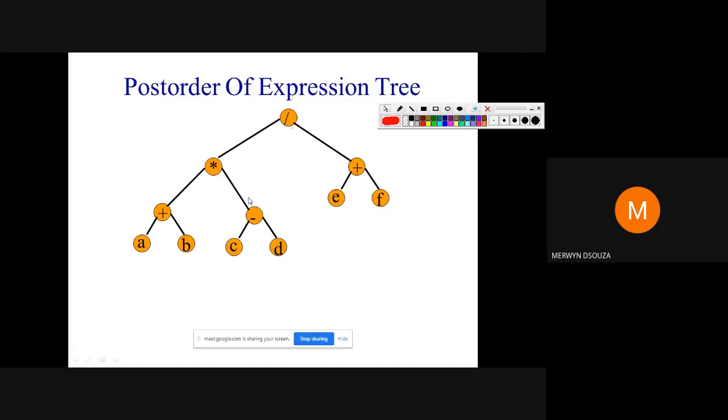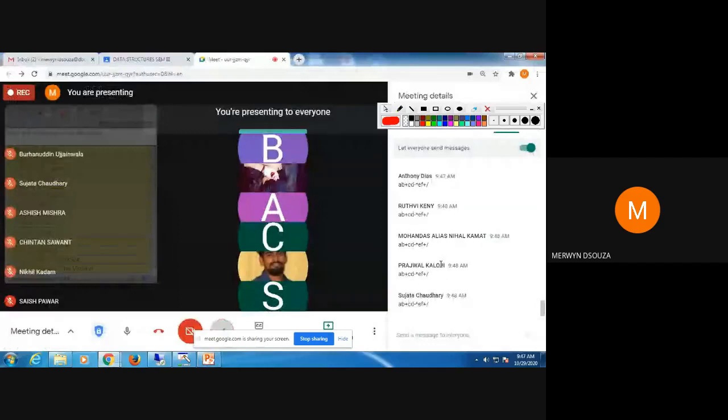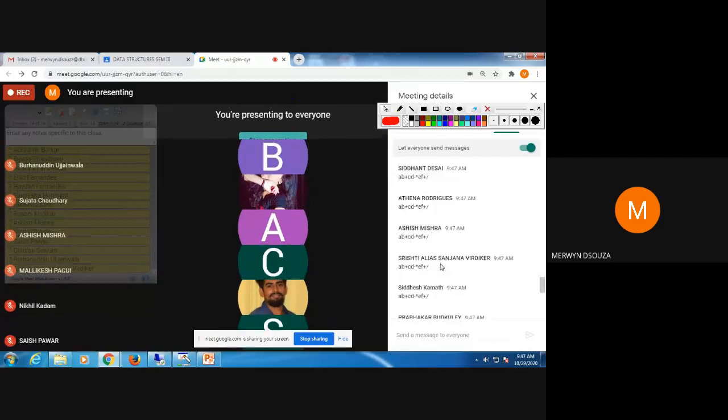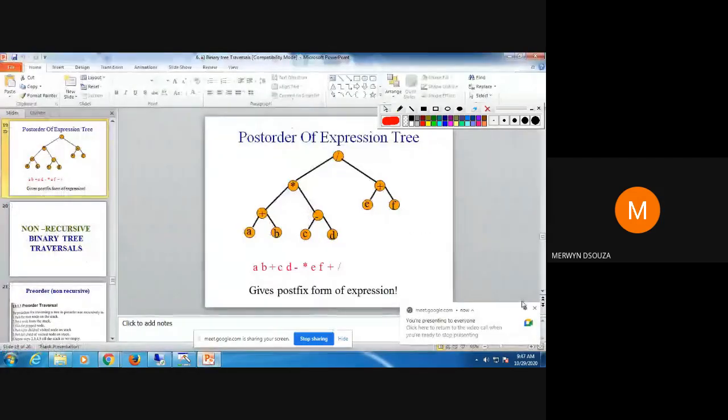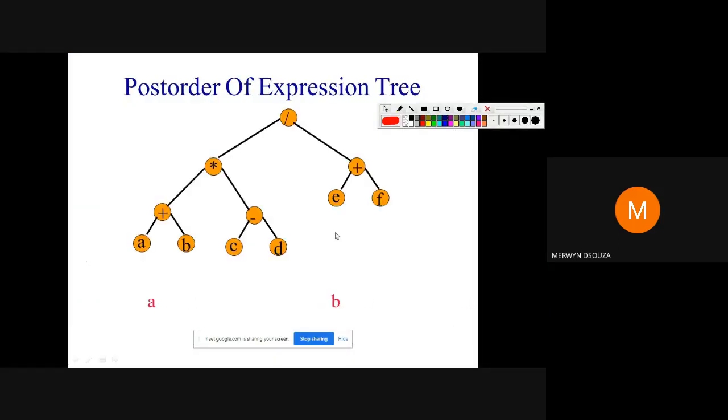Okay, so I will be getting the answer. This will be the answer. Yeah. So I think most of you have got the answer. Okay, so you can try this later. If you are not getting the answer, you can just try it slowly later after the class is over.